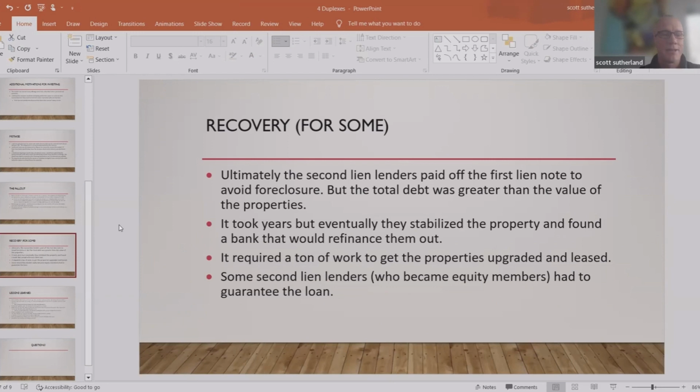Recovery. So what happened next? It took years. Ultimately, the second lien lenders were able to pay off the first lien note. It did almost go to foreclosure. The seller of the property, who had the first lien seller note, did attempt to take it to foreclosure, but fortunately the second lien investors were in a position to pay off the first lien note, and then eventually get the financing necessary after probably about 2 years of renovations